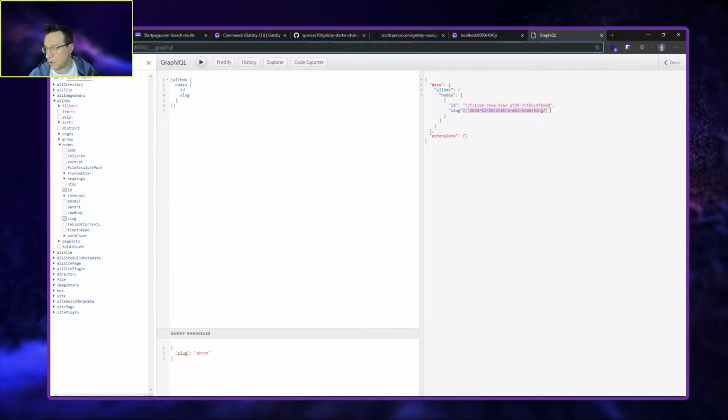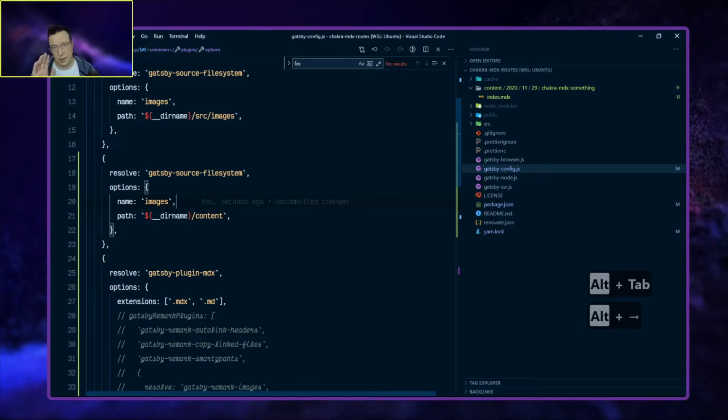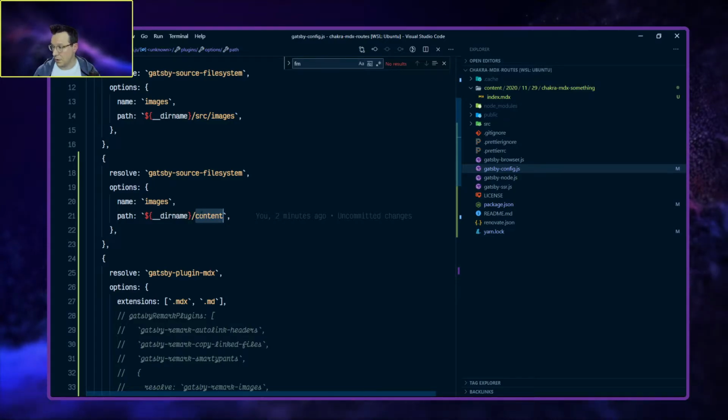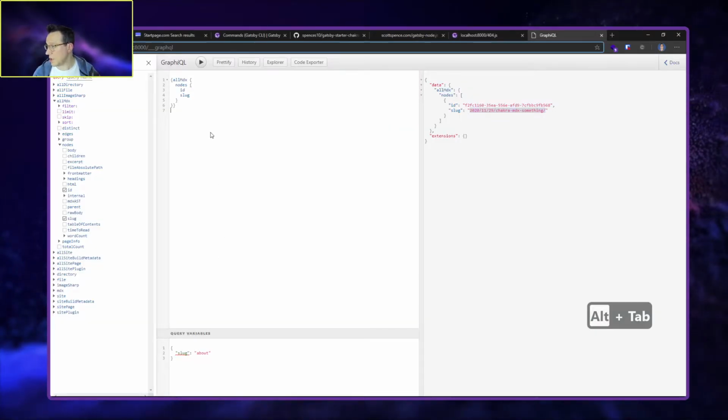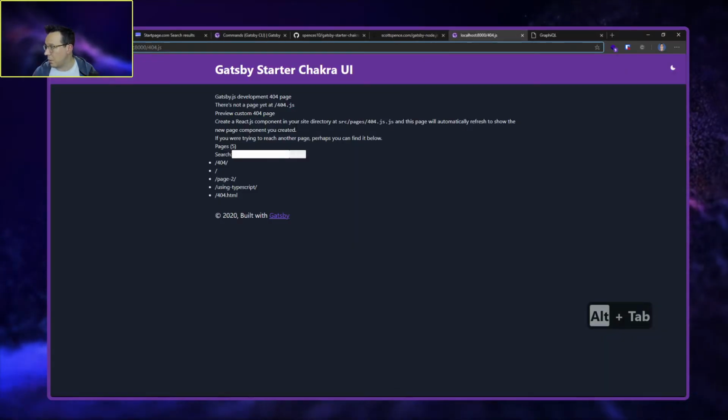So you get all your slugs created from the file path made, but you need to make sure that... sorry, stop using "obviously" and "basically", Scott, not good ways to do it. So I'm pointing the Gatsby source file system plugin to the content folder here, and it will drill in till it finds the index file, which is index MDX, and then create that path for you, which is good. So if I go to this 404 page again and refresh,